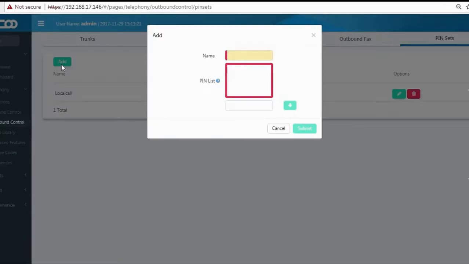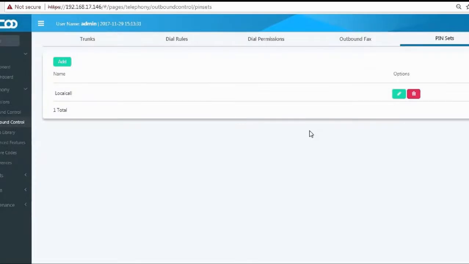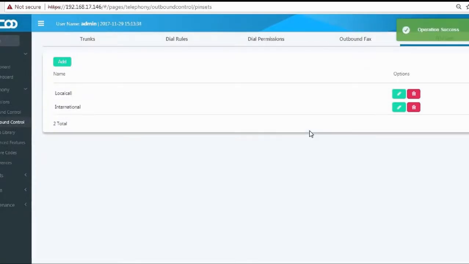I can add a second one. Call this one international and give it a different PIN code. Okay, we have some pin sets now, so we can use them in future if required to secure an outbound